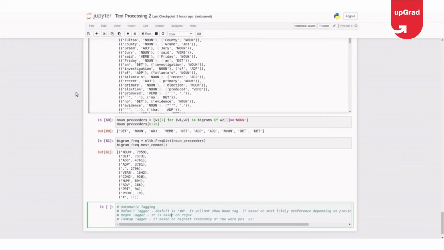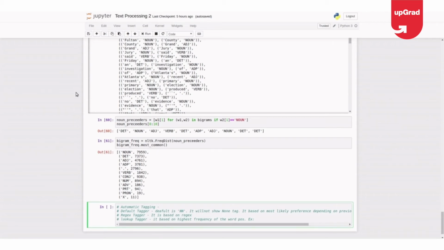So lookup tagger works on the basis of the frequency count of the word per POS it is having in the dictionary. Suppose the lookup tagger is trained on a corpora, and suppose that corpora has a word called frequent, and that frequent has appeared 1,000 times in the full corpora. We have manually tagged that frequent as adjective 500 times, noun 200 times, and verb 300 times.